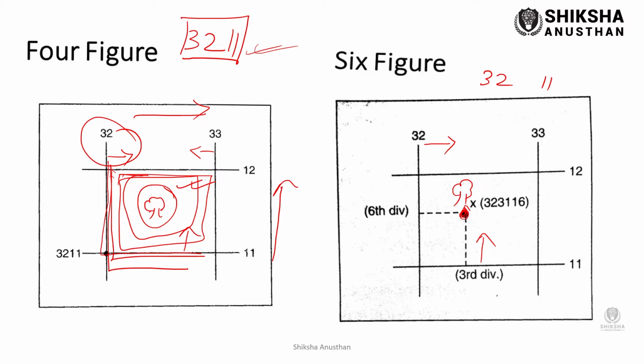This has crossed the 32 easting line and this has crossed the 11 northing line. What we need to know is not just that it has crossed the 32 line, but how far it has gone ahead after crossing the 32 line, and how far it has gone above after crossing the 11th line. So how to find it? What we do is, if we take these two lines,